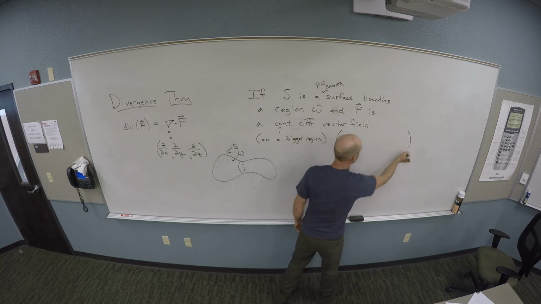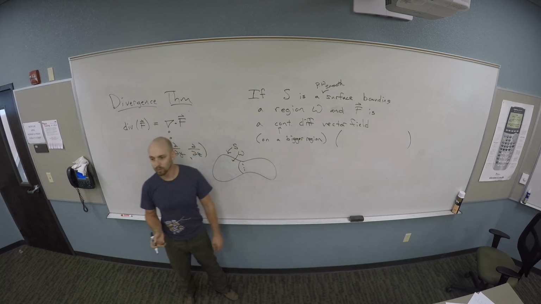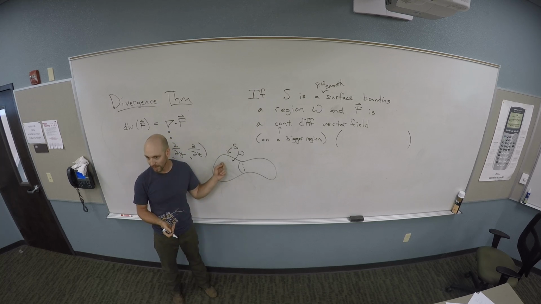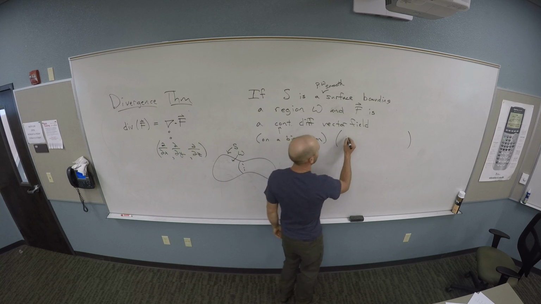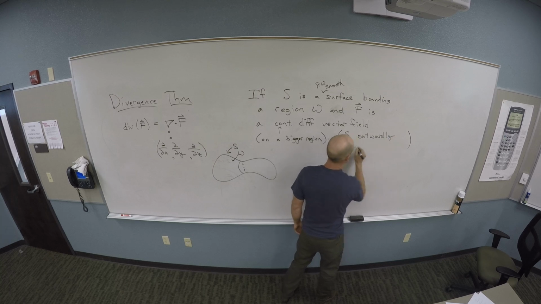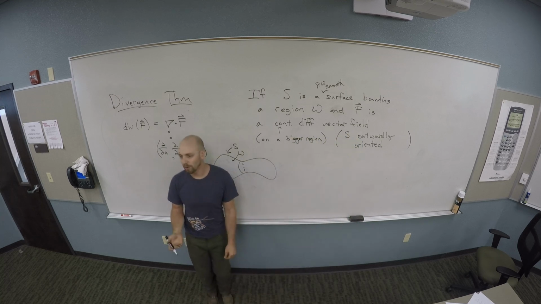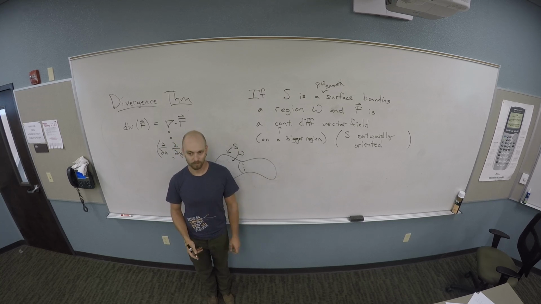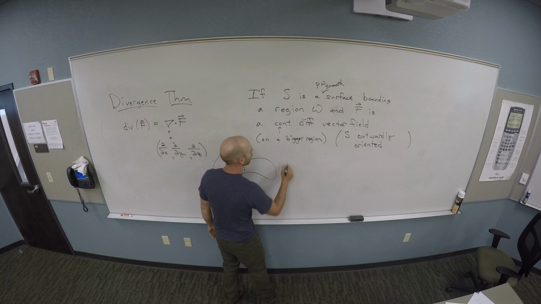I need another caveat here. Remember that it matters which way we orient the surface. There are two possible orientations for this kind of boundary S: sticking out and sticking in. So I'm going to add outwardly oriented. If it's inwardly oriented, what do you need here? A negative sign. Cool. All right. So if we have all this, then